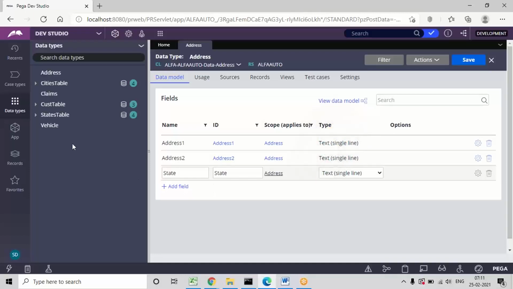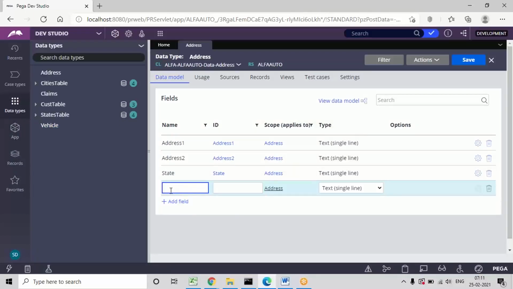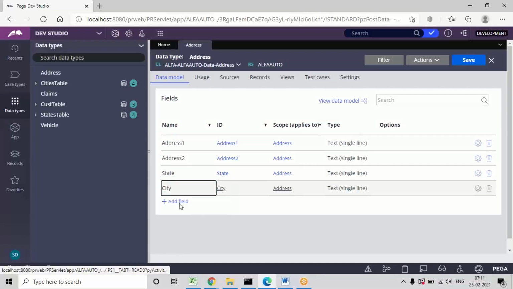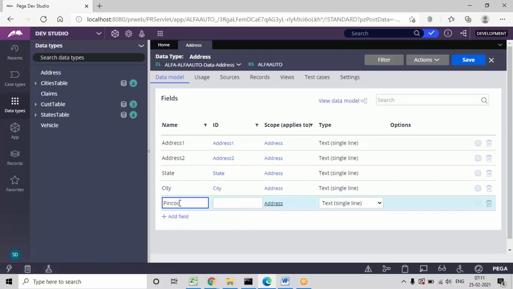Even though we have state in the work layer, those are single value fields used directly in the work, but I'm creating from the data class because I'm going to reuse this time. And one more field, pin code. Okay, so add these fields.